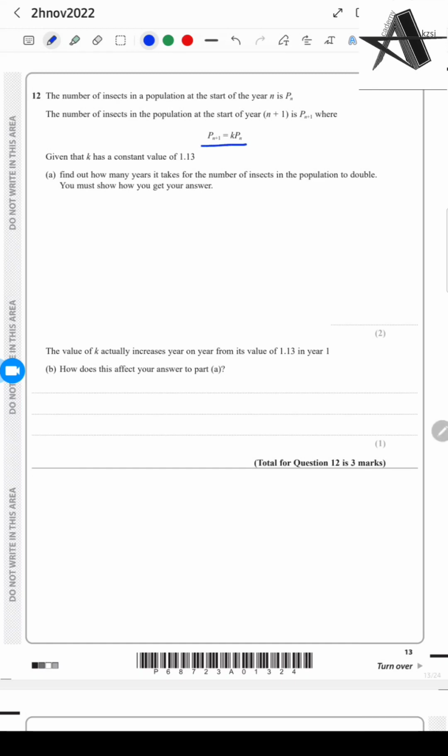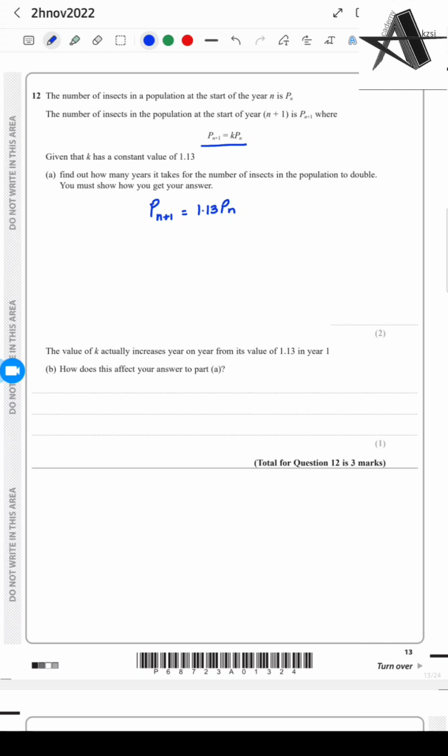This is given. That means n represents the n years. As they have already mentioned, the constant value of k is 1.13. So I can say Pn plus 1 is equal to 1.13 Pn. What's mentioned here is the number of insects in the population at the start of year n is Pn, and at the start of year n plus 1 is Pn plus 1. Whereas k has a constant value of 1.13, which represents that every year the population is increasing by